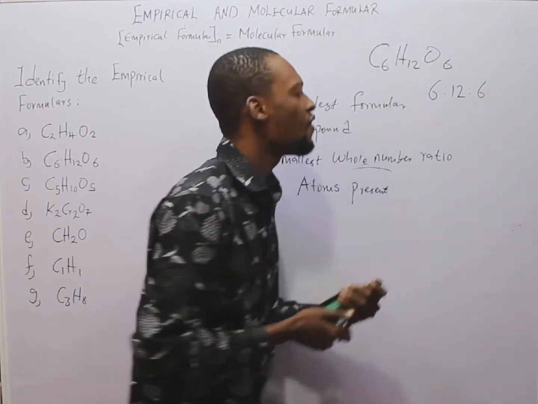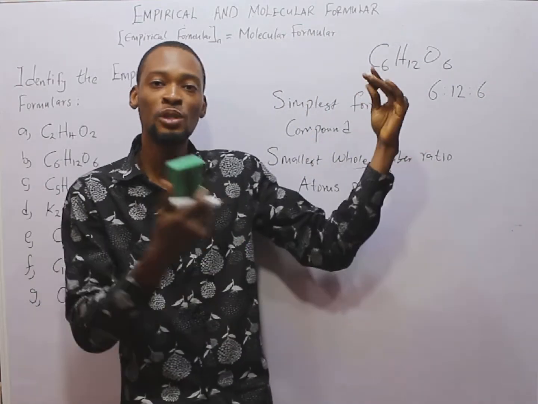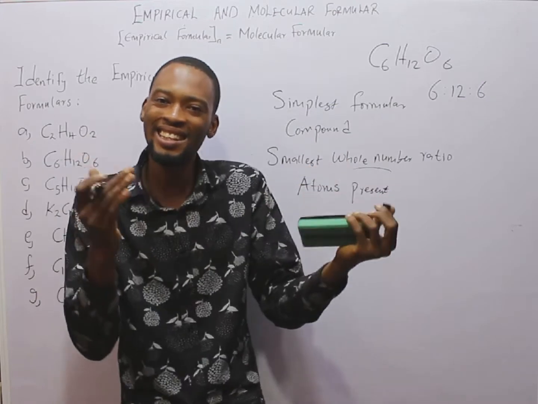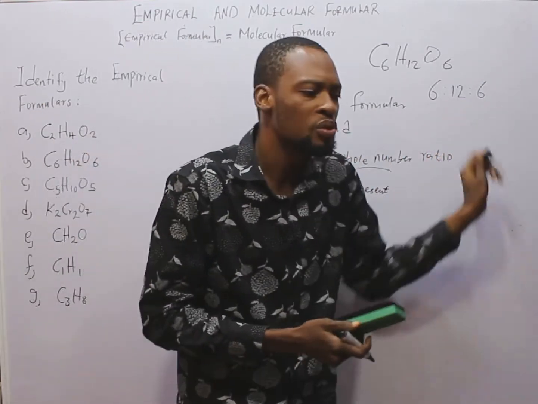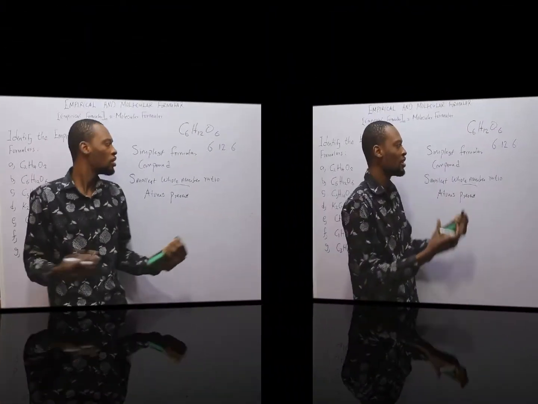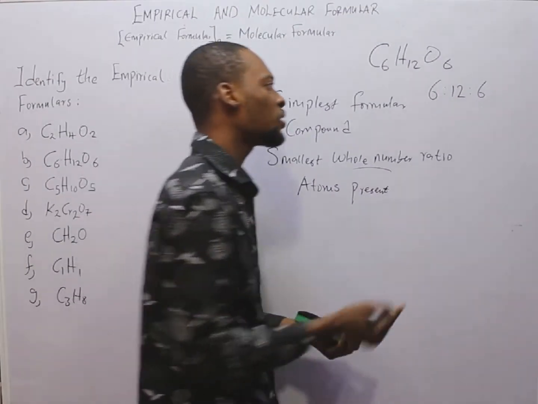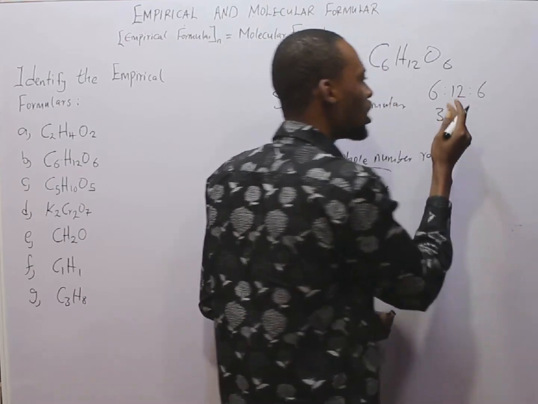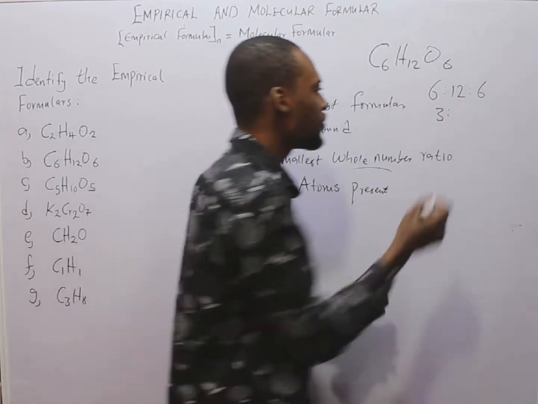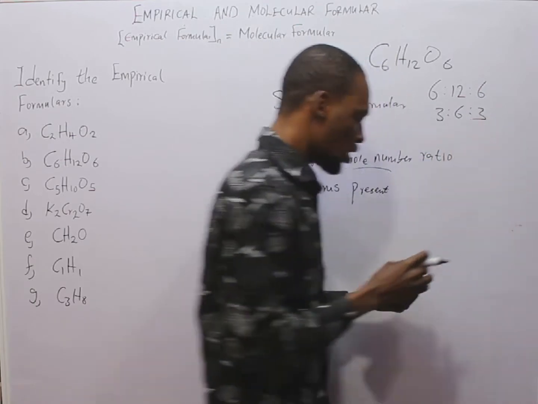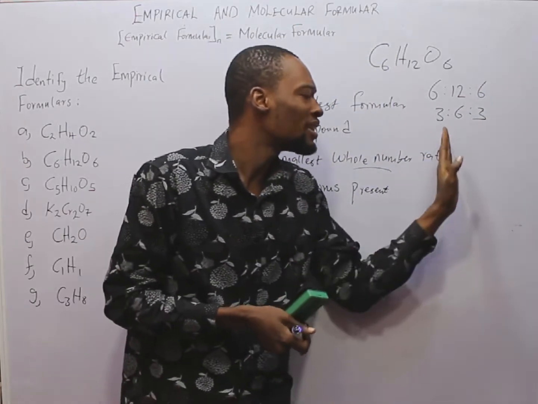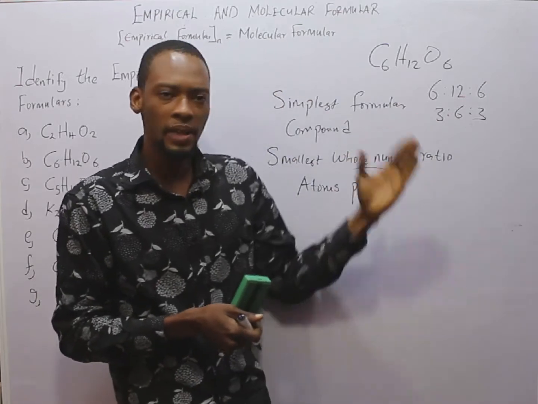Now that this is carbohydrate and this is the molecular formula, it shows us exactly how the compound is, not the simplest form. Can we break down this ratio? Of course, we can. 6 divided by 2 gives you 3. 12 divided by 2 gives you 6. And 6 divided by 2, you get 3. Which means we've broken them down into a simpler ratio,